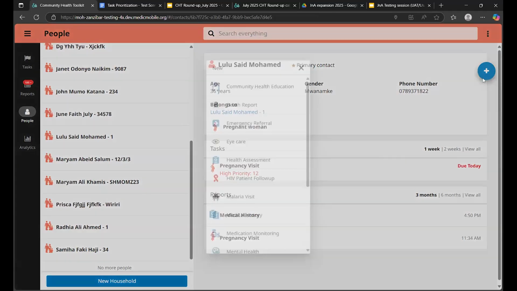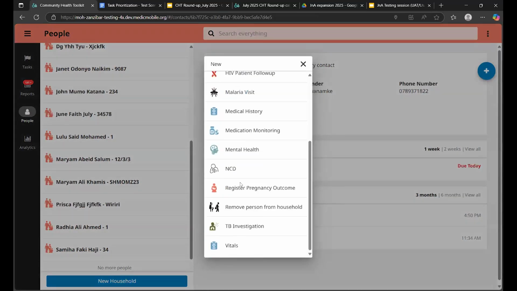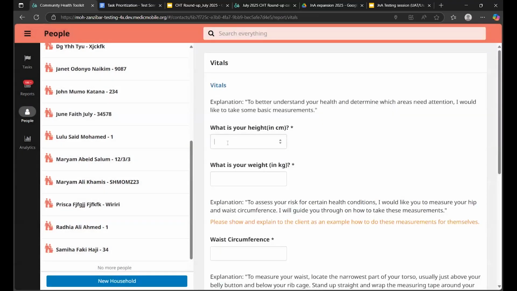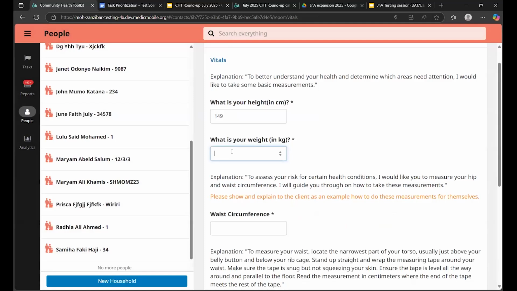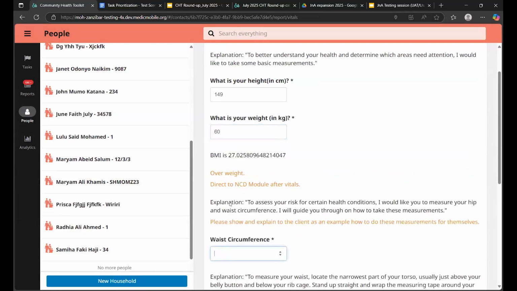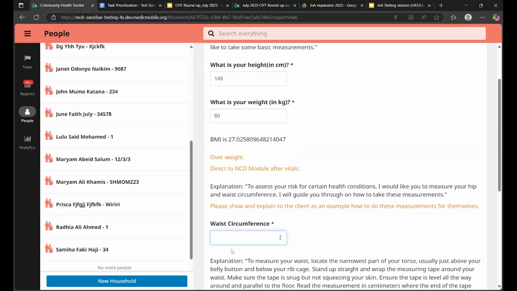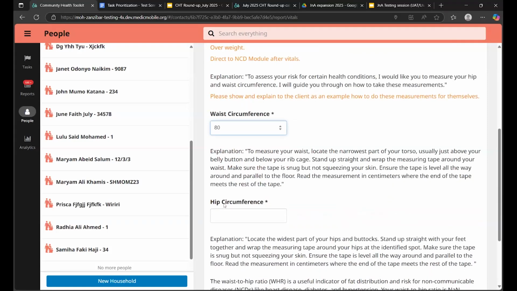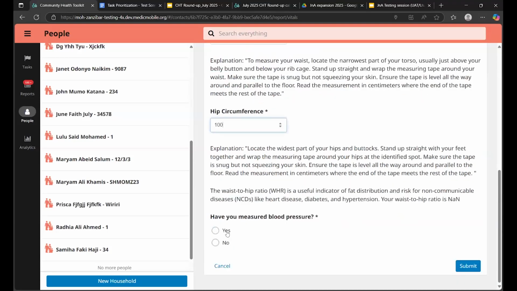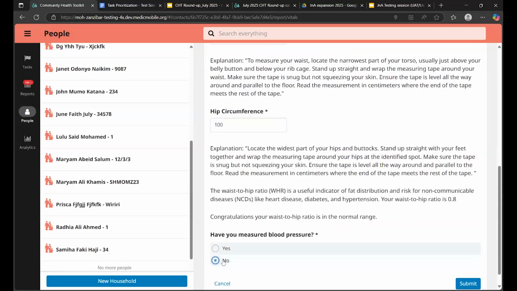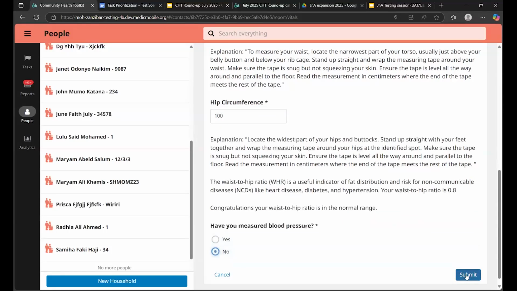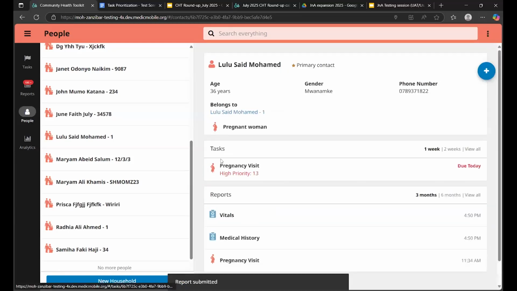I also want to add that she's rather short. So I would go to the vitals form, because that's where we measure the height. Let's say she's 149. She's maybe 50 kgs. Well, she's pregnant, let's say a little bit more. Her waist circumference is, let's say, 80, and her hip circumference 100. We did not measure blood pressure at the moment. If I submit this one, now you can see that her priority score